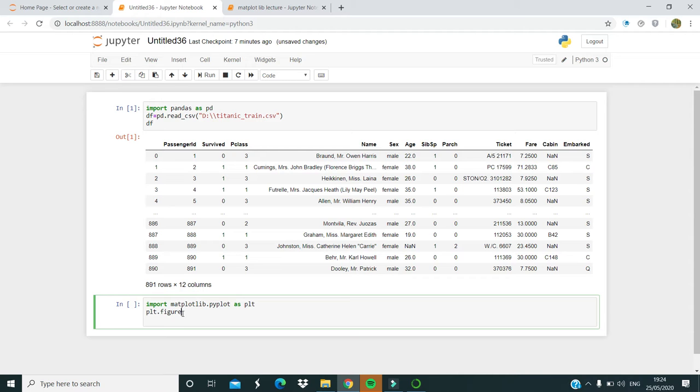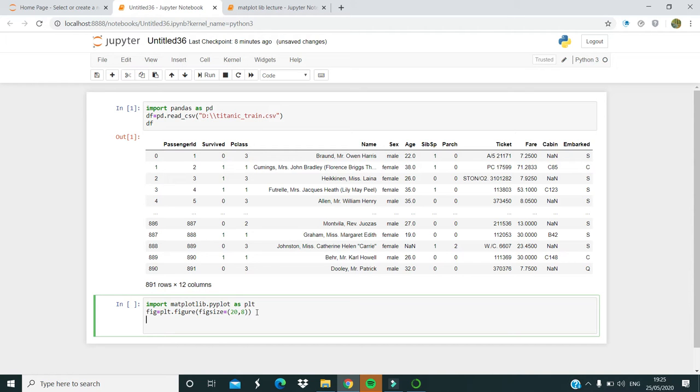Let's say I am fixing the size. figsize is equal to, let's say, 20,8. That is my figure size, and we are referring to it with a variable, let's say fig. Now we have set up the figure where the plotting will be done.